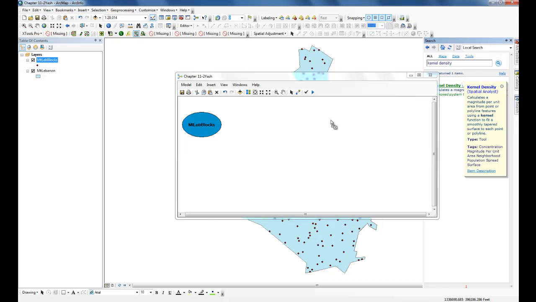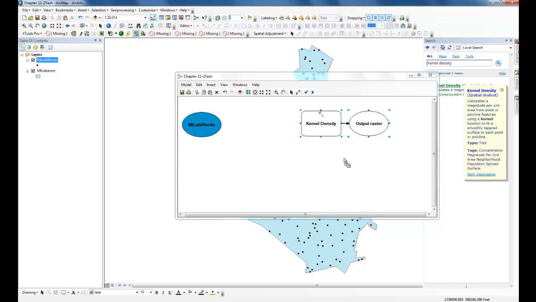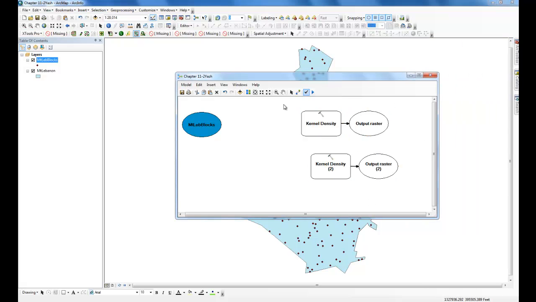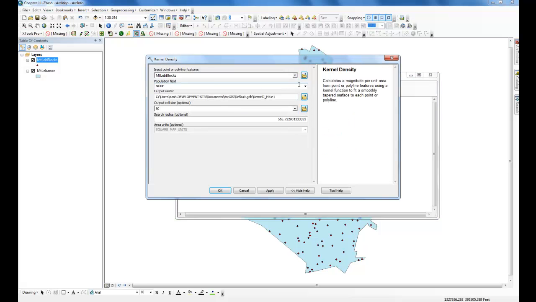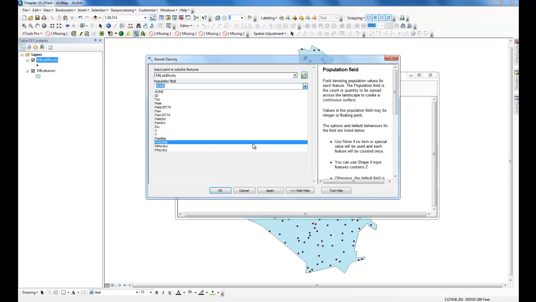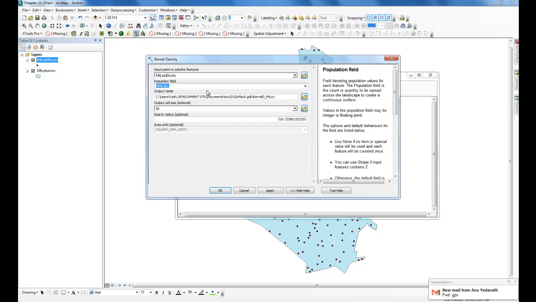I'm going to add kernel density a couple of times to the model. Then I'm going to drag and drop my Mount Lebanon blocks as input points, and then I'm going to double click, and the population field for the male mortality is going to be the M-mart, and